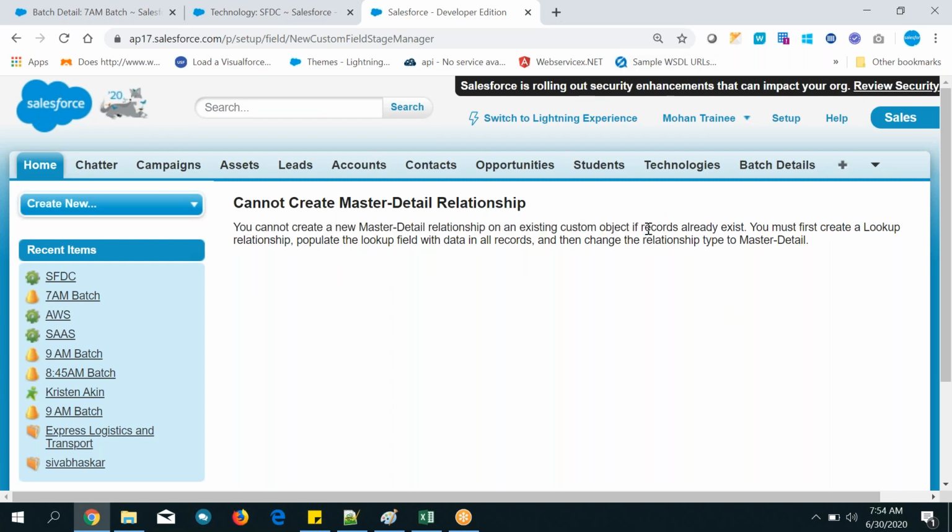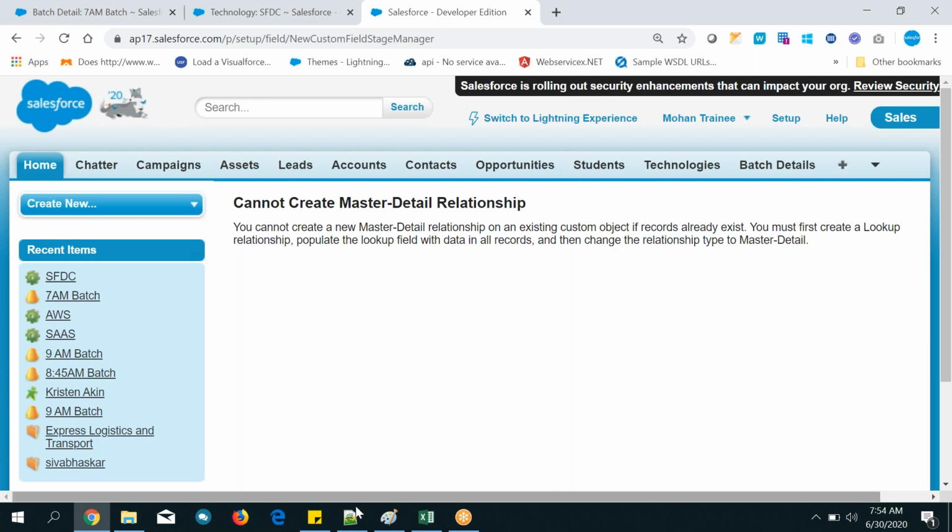What is the existing custom object? Student is there, technology is there. We don't know which is the existing one. Let me show you. You must first create a lookup relationship and populate the lookup field with data in all records, and then change the relationship type to master detail.